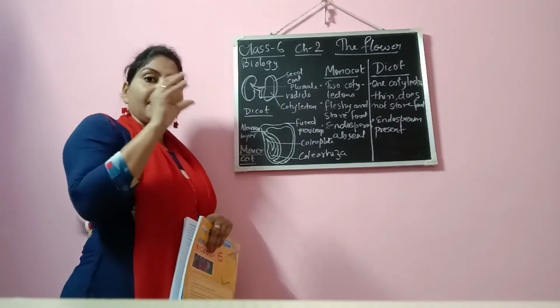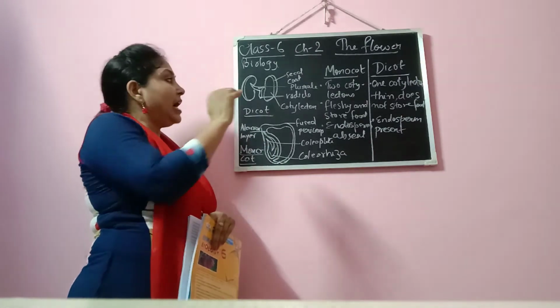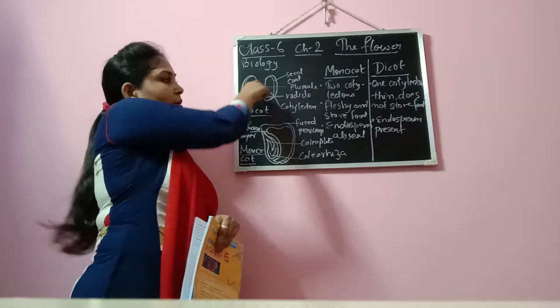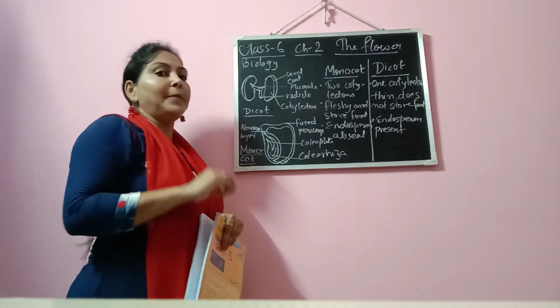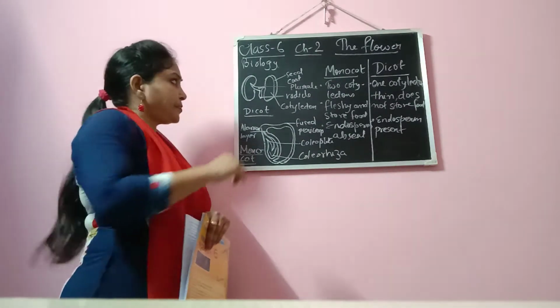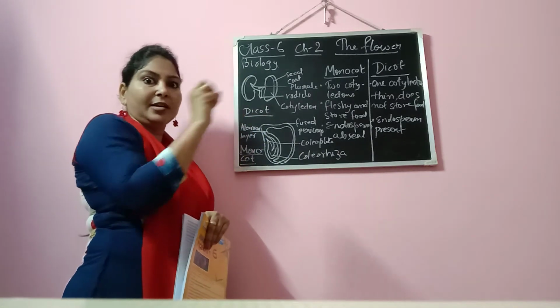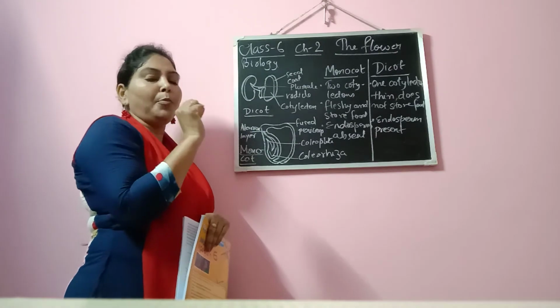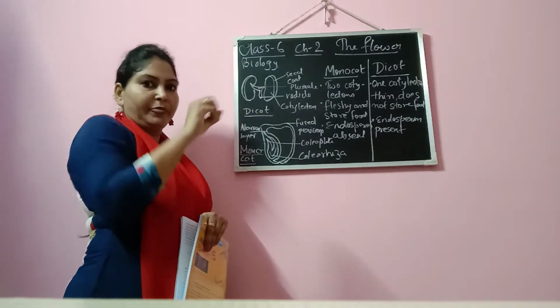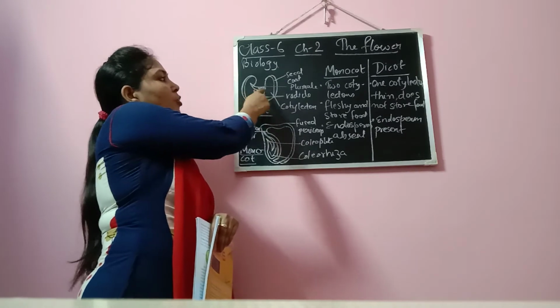The fruit of the seed is attached to the hilum, and just above the hilum we will find the micropyle. Here you cannot see the hilum and micropyle, but in case of monocot seed it is very much clear. The micropyle is a small pore from where the water is absorbed for its germination and growth. Then we have the two cotyledons.